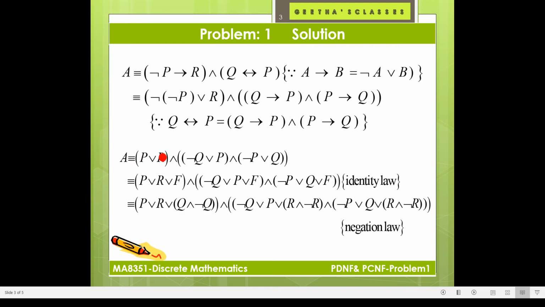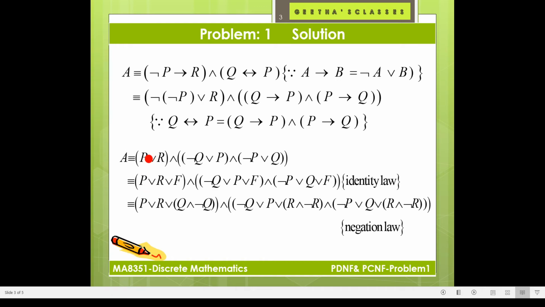Okay, so in each and every bracket you need three values, right? P, Q, R. So here Q is missing, in the second term R is missing, in the third term again R is missing. So for that missing term you have to introduce one condition, missing factor, right? That missing factor you take it as F. Okay, so either F you can introduce or you can introduce true. Okay, so here we need false because in between you need and symbol, right? So if you take Q and not Q as false, so we are getting and symbol in between, right?